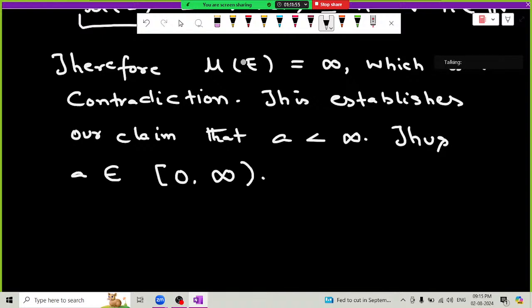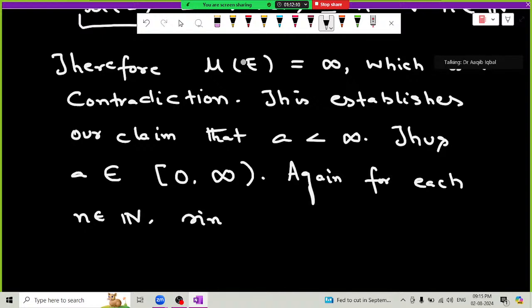फुल स्टॉप. अब इसके बाद आप क्या करिए, अगेन for each n in the set of natural numbers, since a minus 1 by n, now that a is a finite real number because it belongs to 0 infinity, so if you subtract 1 by n, which is a positive quantity, from a, the resulting quantity will be strictly less than a. Now what is a? A is the sup. So sup means least upper bound. Now that a minus 1 by n is less than a, so a minus 1 by n जो है वो